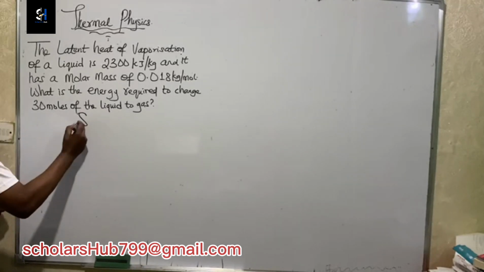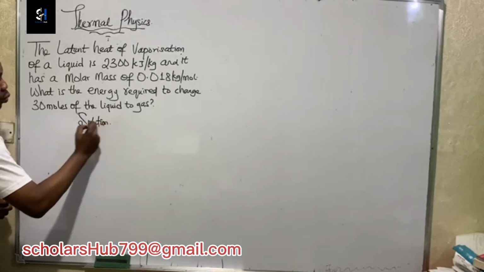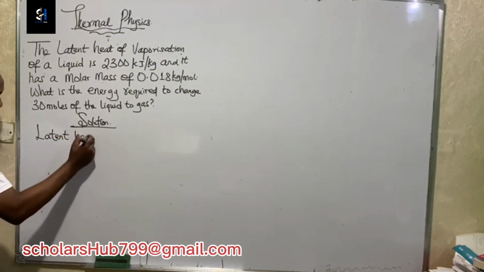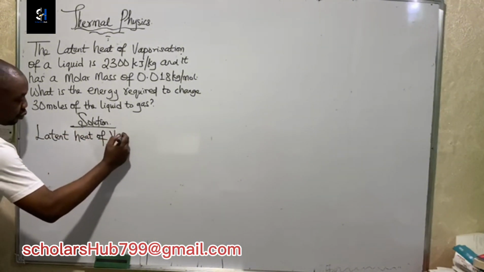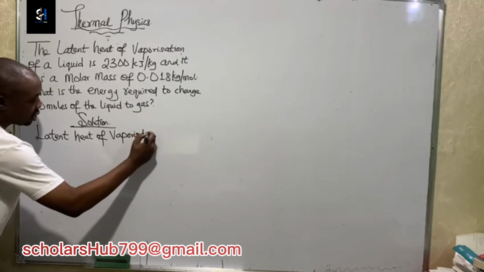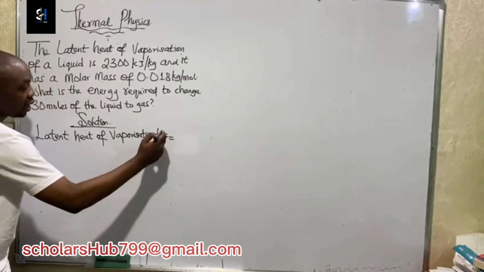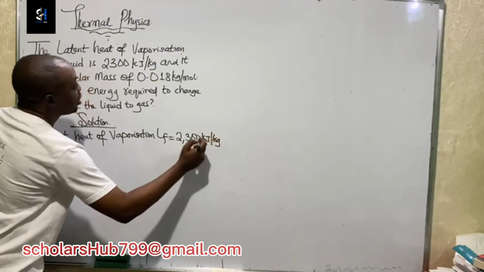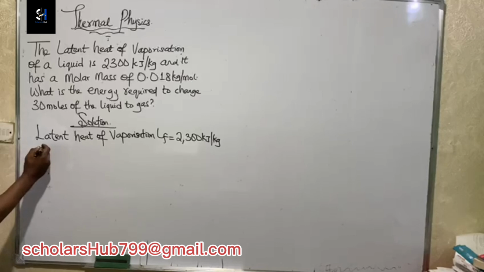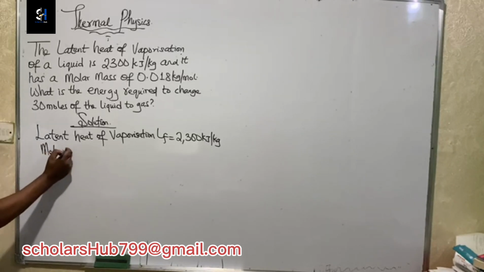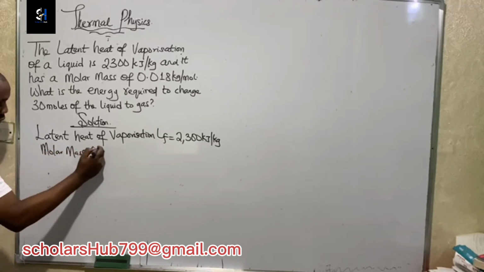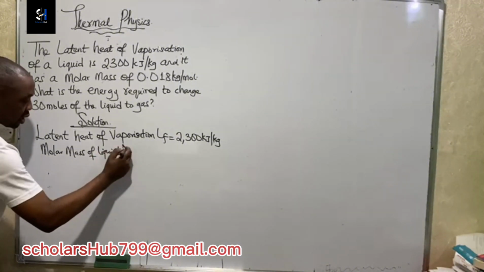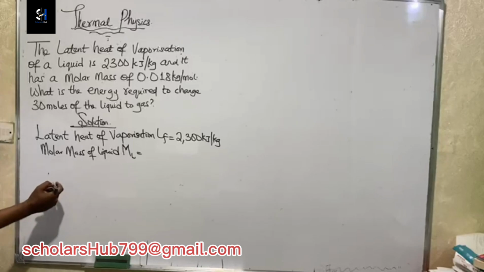So now let's have our solution. Here we are given the latent heat of vaporization, and that is given to be 2300 kilojoules per kilogram. Then also we are given the molar mass of the liquid. The molar mass of the liquid, that is capital letter M, is given to be